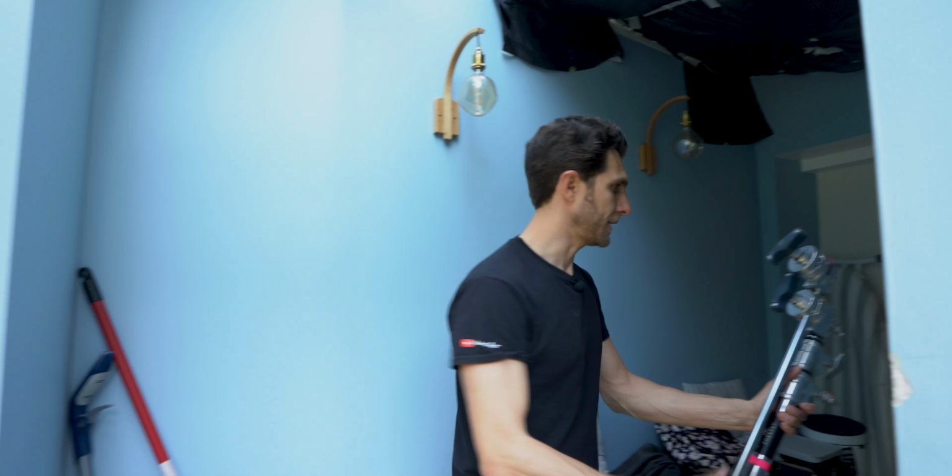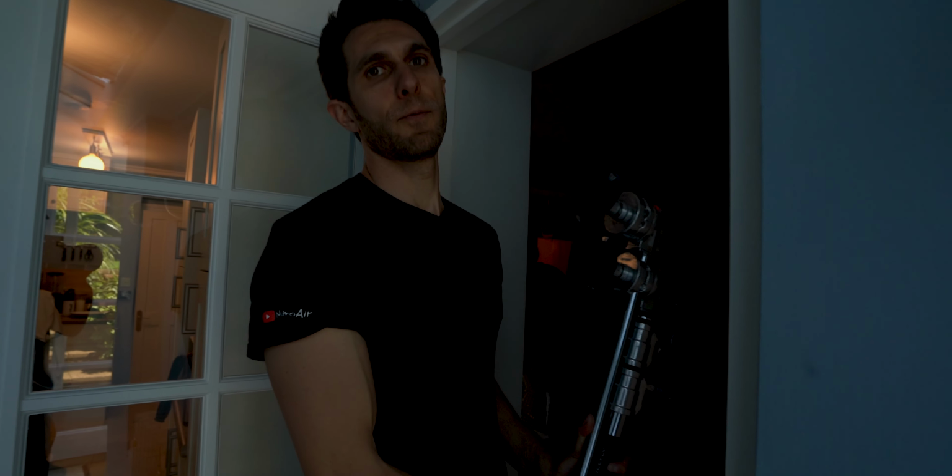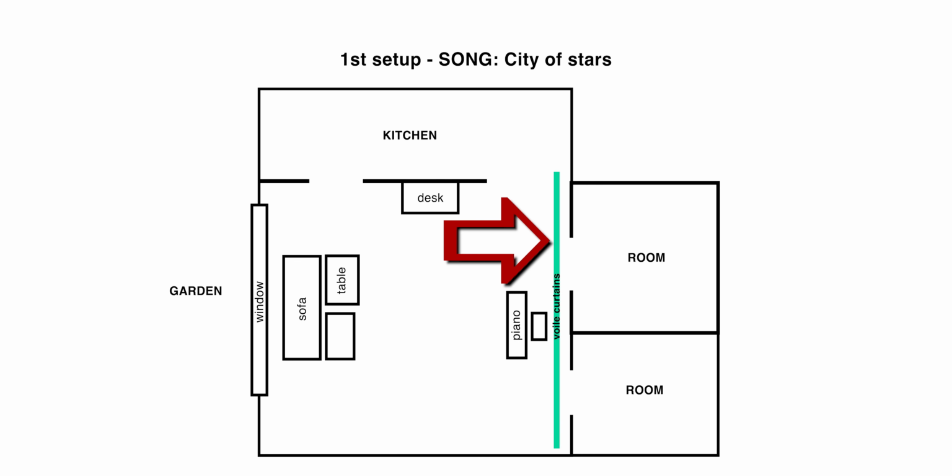We're gonna use some C-stands because, guys, come with me. I show you what's happening here. So we have voile curtains at the back, which are white transparent curtains at the back of the piano, as you can see in the original film, through which the green light will go through. Right, so we put a